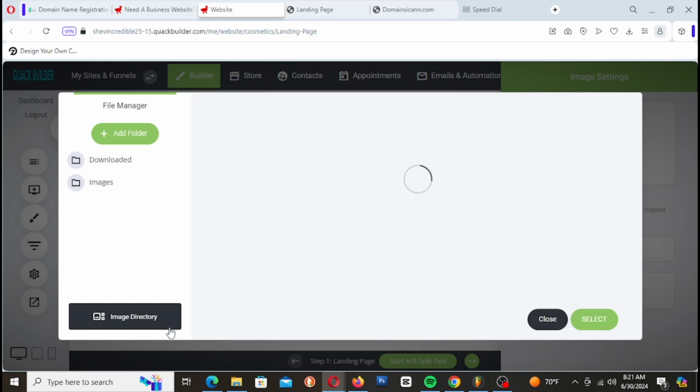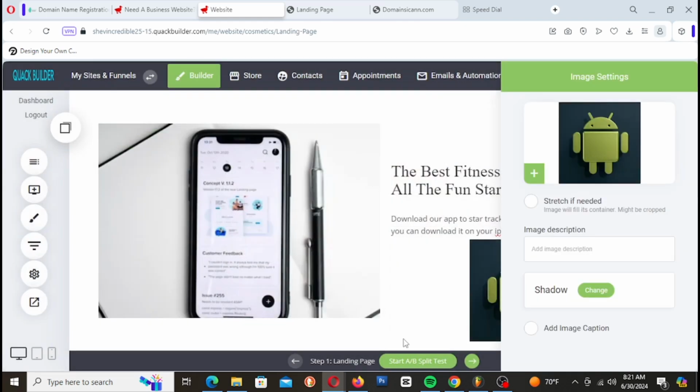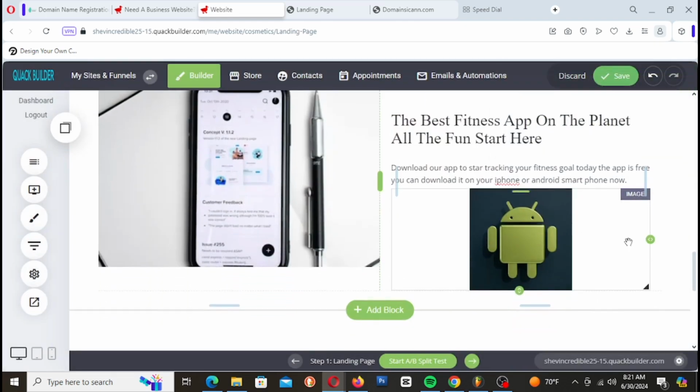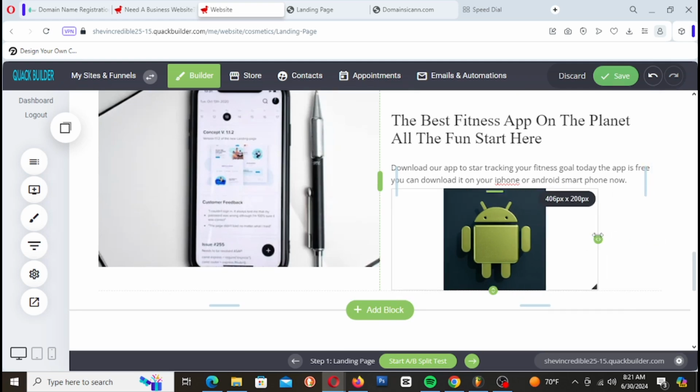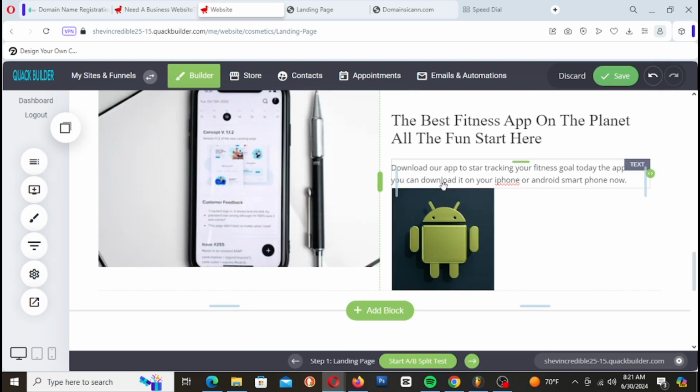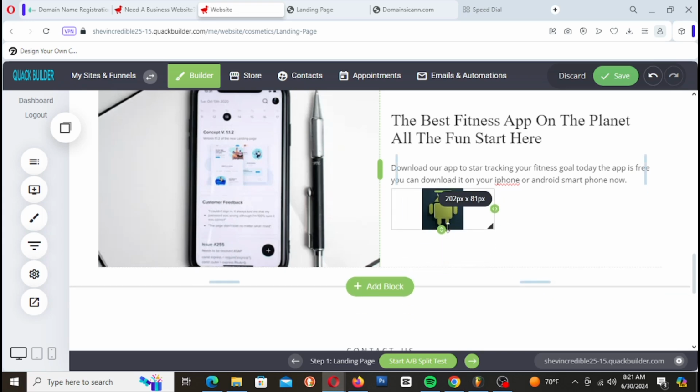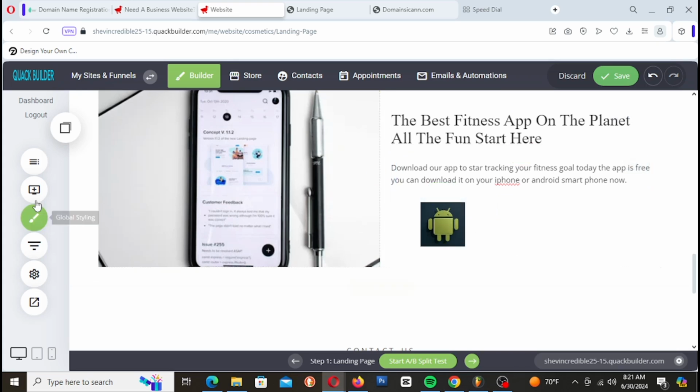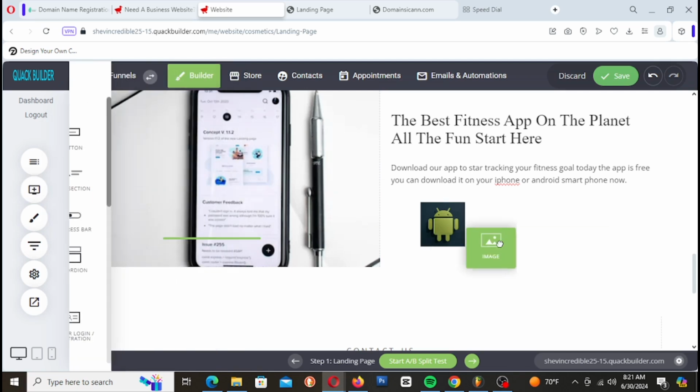So I'm just gonna use that, like just click that, select it. As you can see, it's in our website. I'm gonna pull this over some. I'm just gonna pull this up some, make it smaller, pull that down,